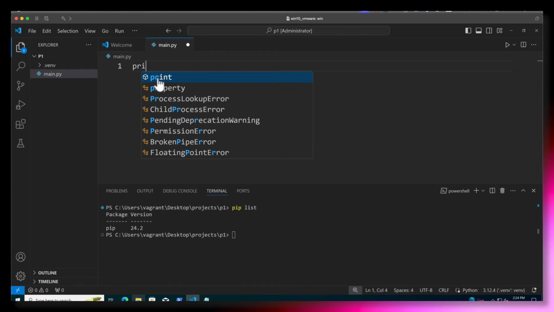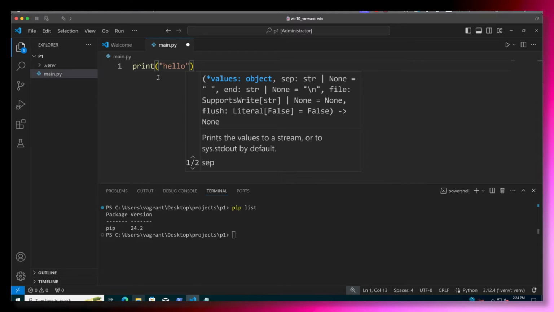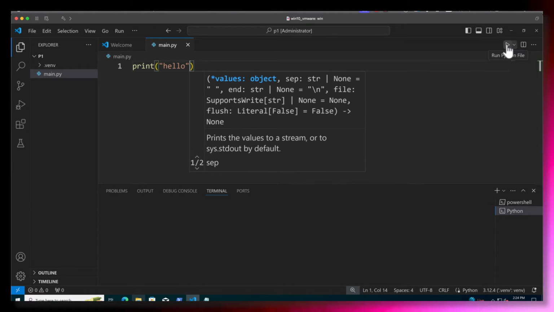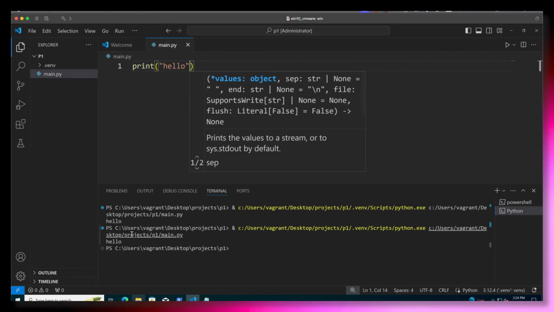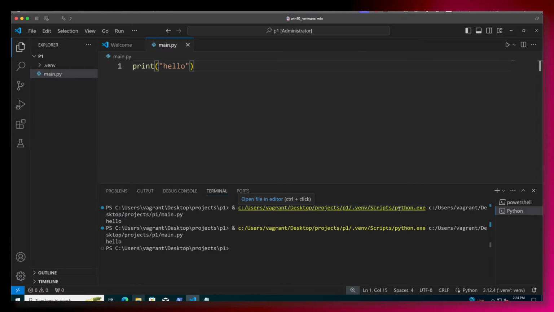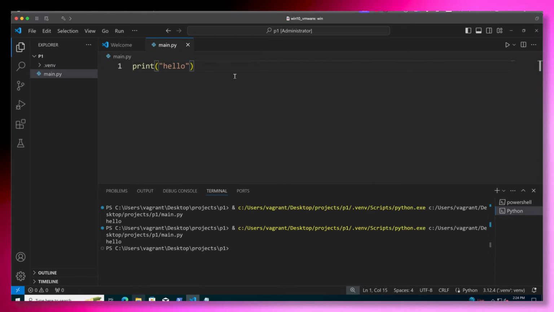The next stage is to understand the term module. In reality, any Python file is a module. But let's just go through and check that my main.py file, my main Python file, is working. And we can see there that we're printing hello. I probably clicked it twice, but I've got hello coming out twice. So my virtual environment is up and running. I can see then the Python interpreter coming from my virtual environment, and everything is working well.